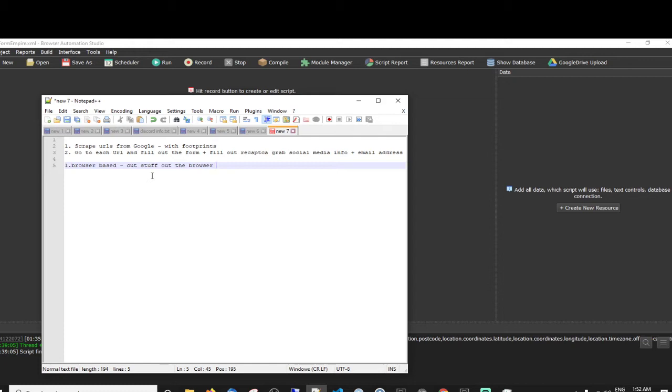Always a good thing. It's going to be browser based, but again, I might extend that chain. Have another module that's just HTTP request as well. Let's see how we go. Okay, so that's all good. So what else are we going to need? Proxy support. Do I need proxy support? Yes. I think we're going to include it. Yeah, we are going to need it, certainly for the scraper.